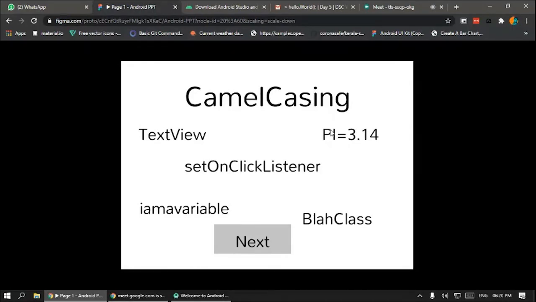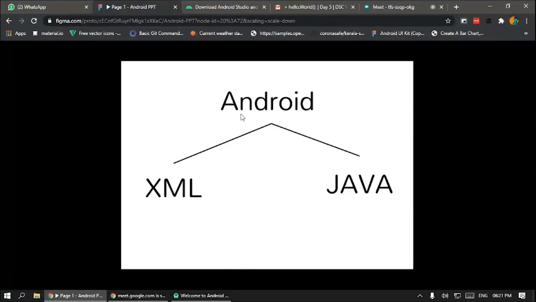When naming a constant like pi, it must be full caps. And if you are naming a function, it would start with a small letter, then it will have a capital on each and every word starting. If you are initiating a variable, then it must be a small letter. If you are initiating a class, it must start with a capital letter, and the next word should start with a capital letter. That is the basics.